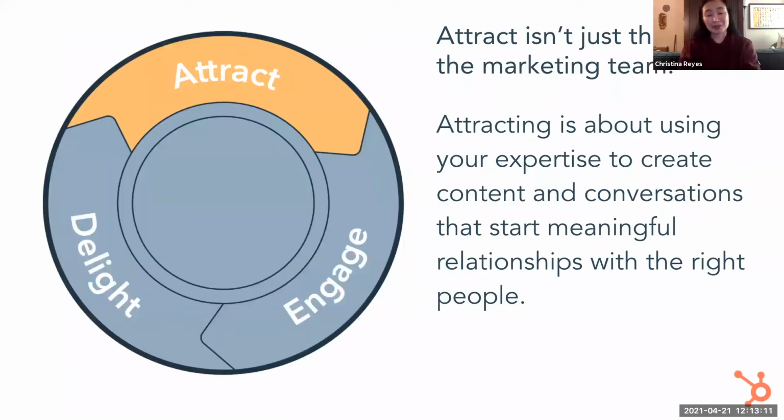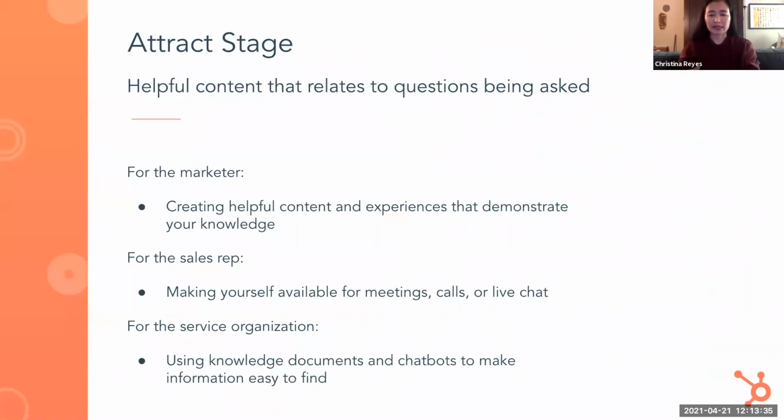Right. So with the Flywheel, the traditional model of assigning inbound lead stages to a particular department, like the attract stage being the responsibility of marketing, and then the stage after that being the responsibility of sales, that no longer works. The onus now is on every department in the company in this flywheel model. So as you think about an example to share of your own organization's attract stage, here are a few to consider. Now, Latal, would you be able to share an example of how any department can attract a customer?